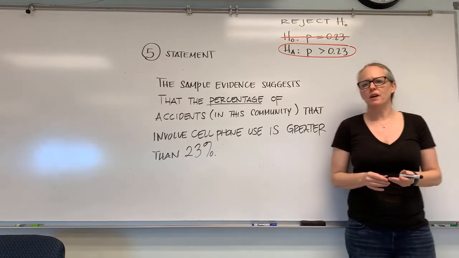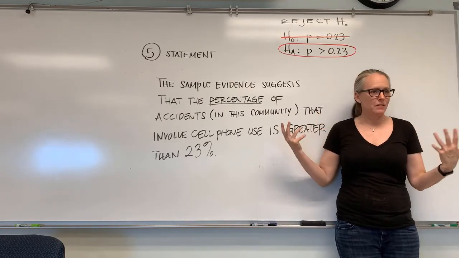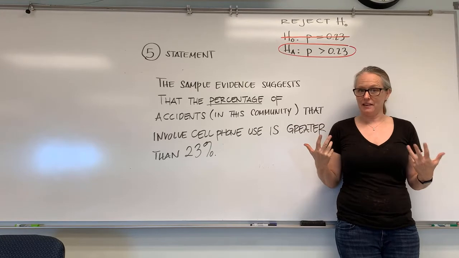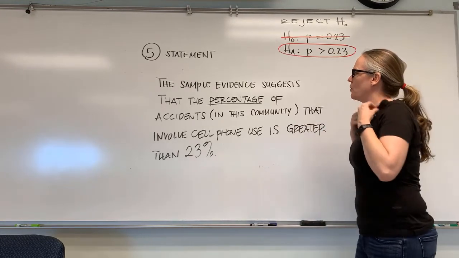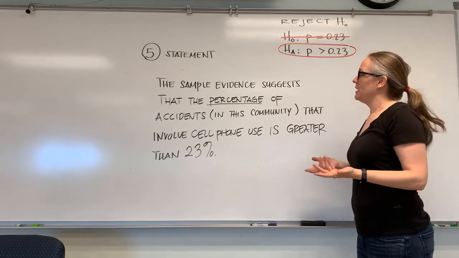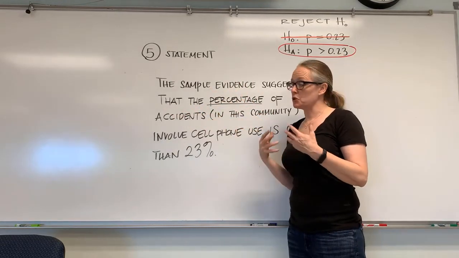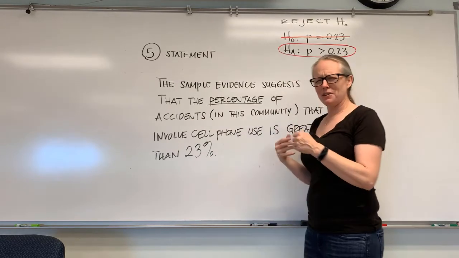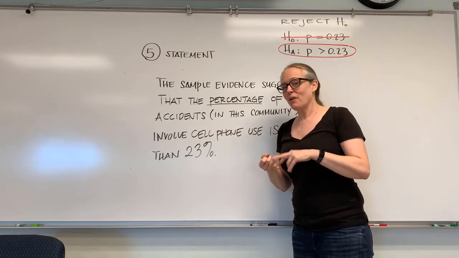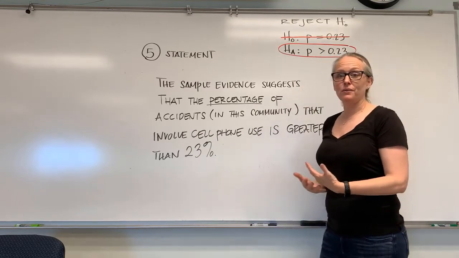And so this is more of a layman's statement. Anyone can read it and understand it. It doesn't require any statistical knowledge or being savvy with statistics. One could read the original problem we started this with, the concern of the community group, maybe not understand steps 2, 3, or even what 4 was trying to tell us, but they could read step 5 and understand what